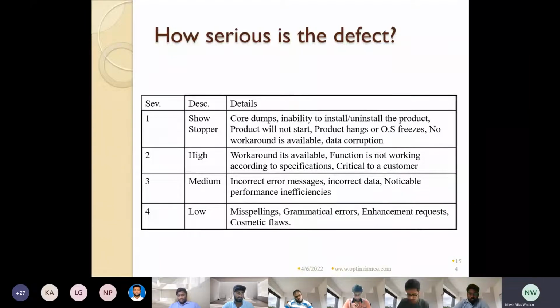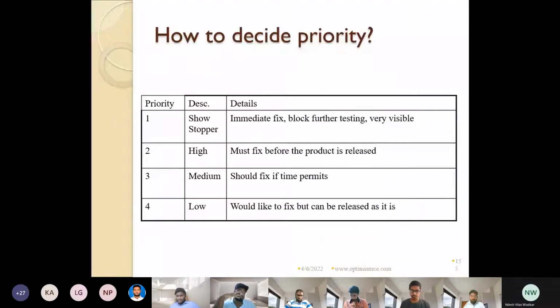So severity is nothing but the impact on the application. Okay, now next is priority. When to fix. Okay, now the next is